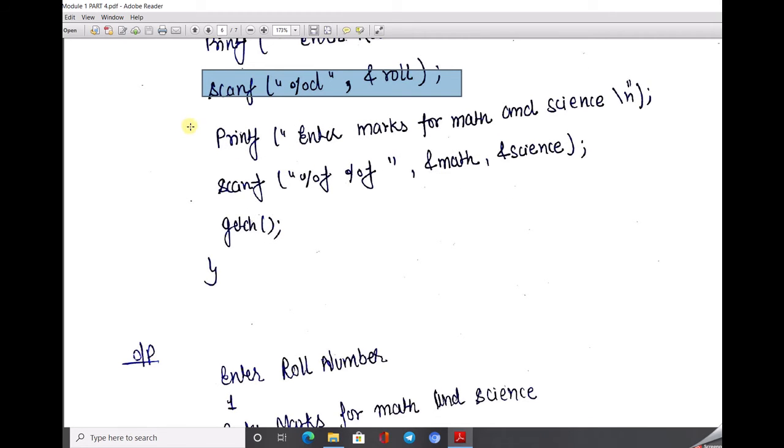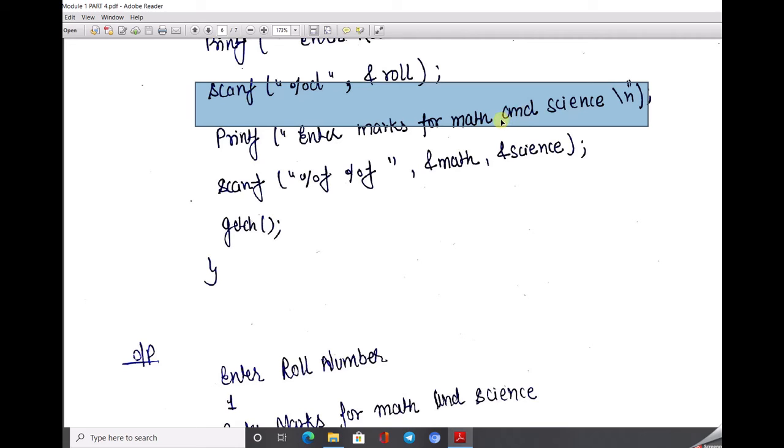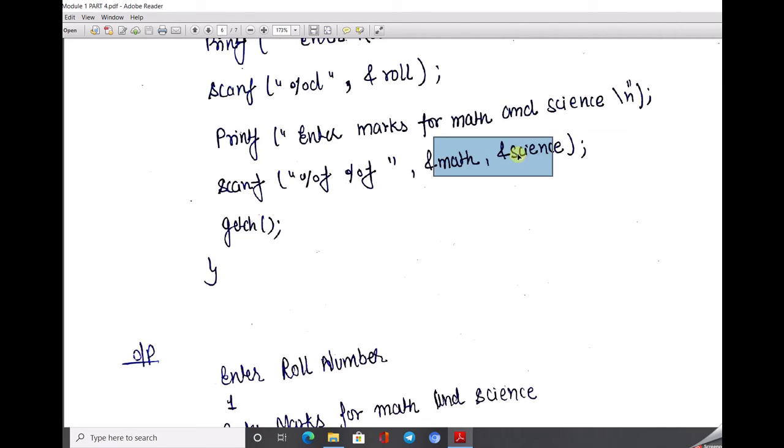Then again I use the printf function to enter the marks of math and science. That means I want multiple input values from the user at the same time. The user can enter the value of math and also the value of science, and both are of float type. Don't be confused: even if we are calling multiple variables of the same data type, we cannot type the data format specifier only one time.